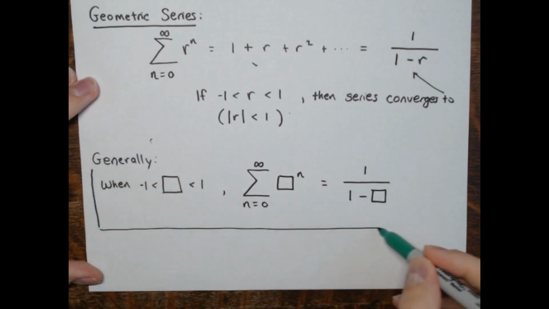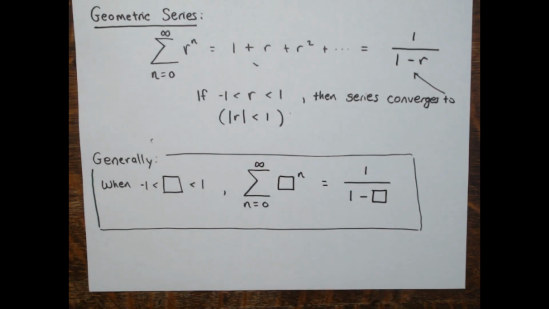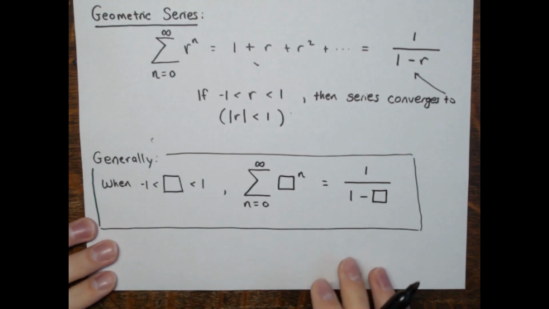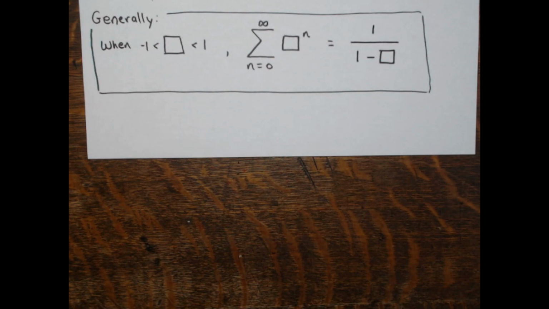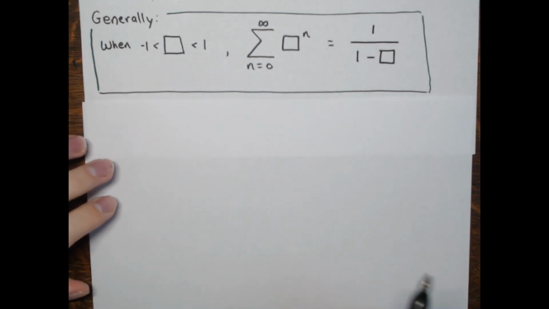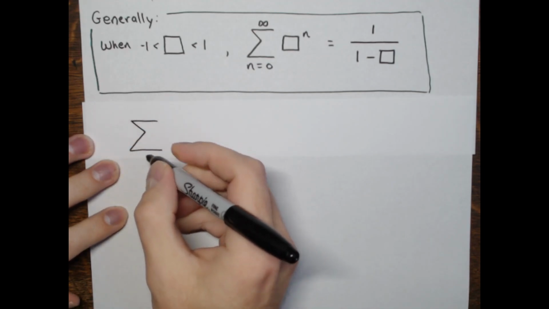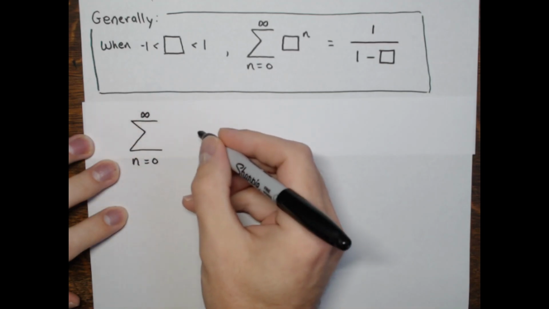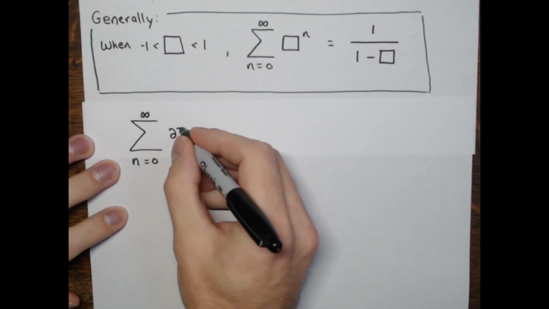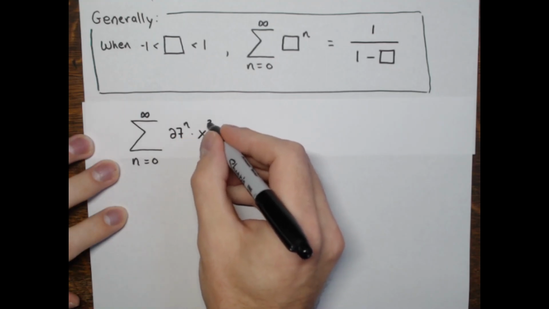So this is the concept we're going to be referring to quite often throughout this video. All right. Now, in this first example they're giving me, we have this sum. The sum from n equals 0 to infinity of 27 to the nth times x to the 3n